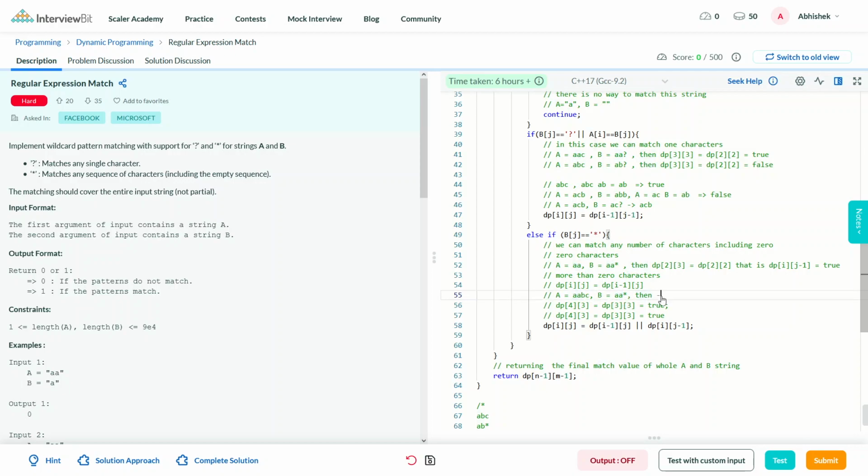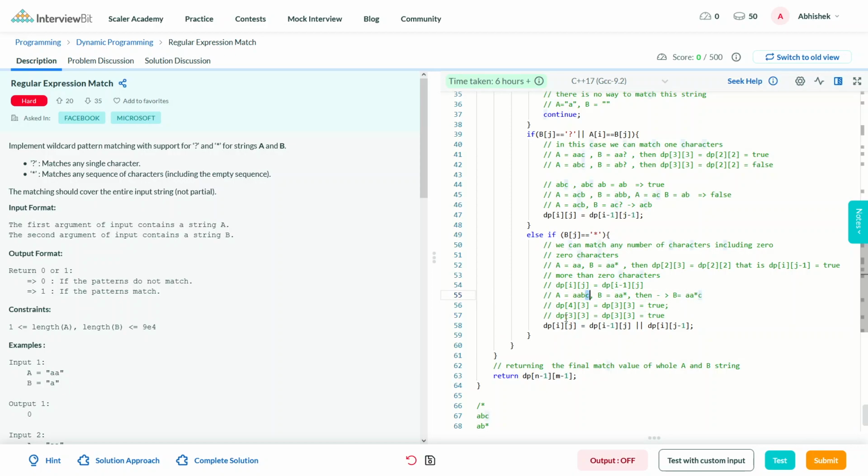So what we are doing here is replacing star with star c. We are converting our b to aa star c. And what we are saying now is we need to match dp[3][3], that is matching aab with aa star, and our c is already matched.